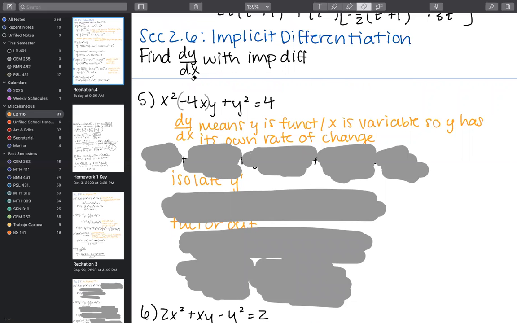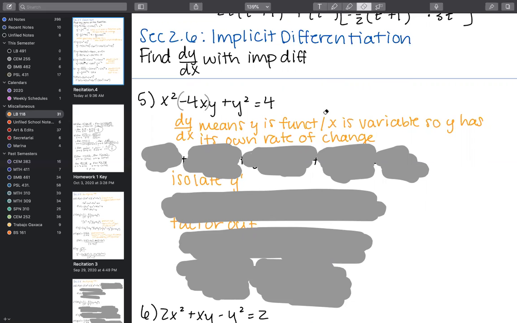Sorry about that. Okay, so I put this -4x in parentheses because, let me backtrack. Okay, so implicit differentiation, it's pretty easy to identify these problems because you're not used to seeing functions, at least